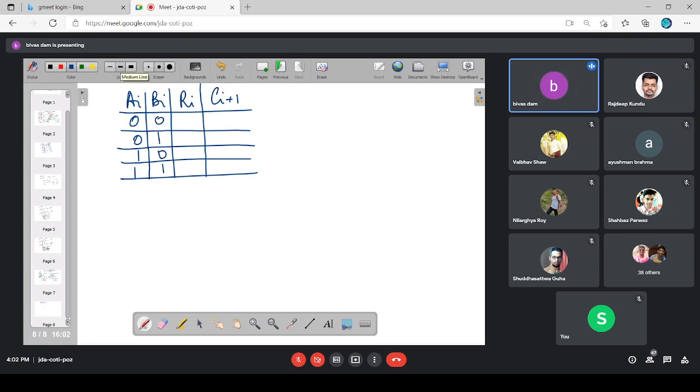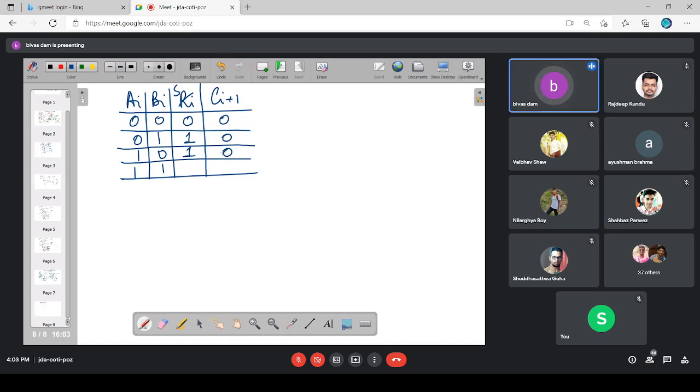Okay. Now if we add 0 with a 0, what will be the result or the sum? Remember, most of the time we term this as a sum. It's just standard nomenclature. Anyway, it doesn't matter. The result is 0. Will there be any carry? No. If we add a 0 with a 1, what will happen? What will be the result of the sum? 1. Will there be any carry? No.